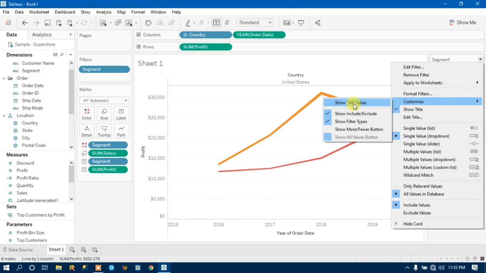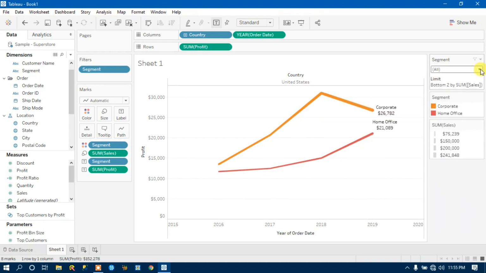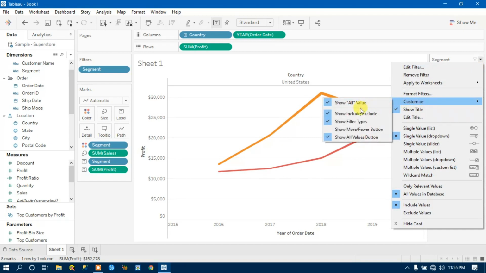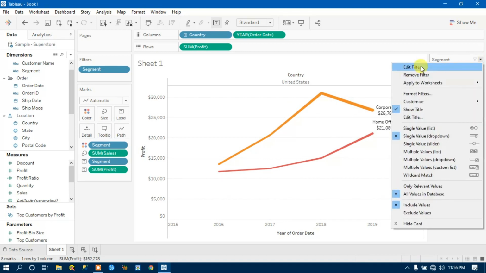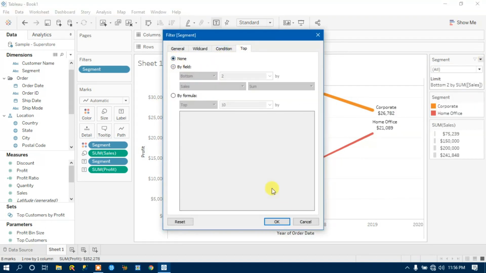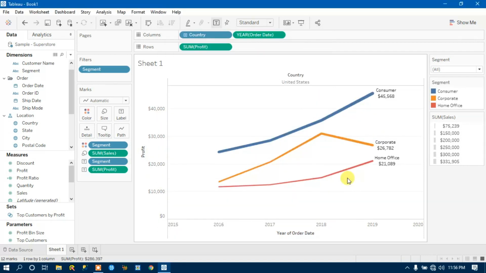And let's say I keep it selected, and we have this option, our filter, customize, show include and exclude values. Show include and exclude, what does it mean? Let's say I have all values here. Let me first remove the filter that I have applied over here, top none, okay, include and exclude. Let me give you another visualization.